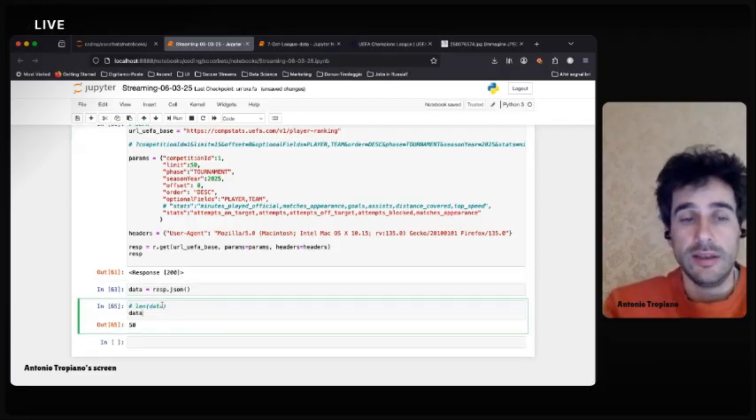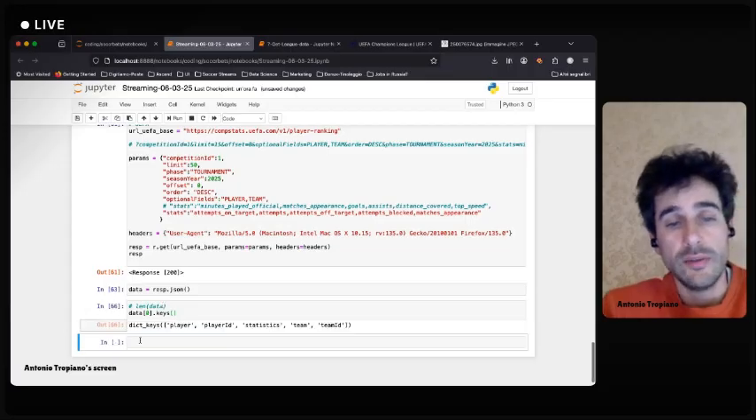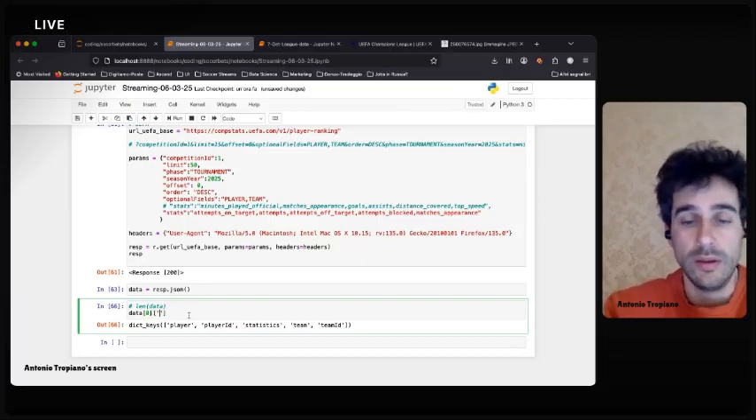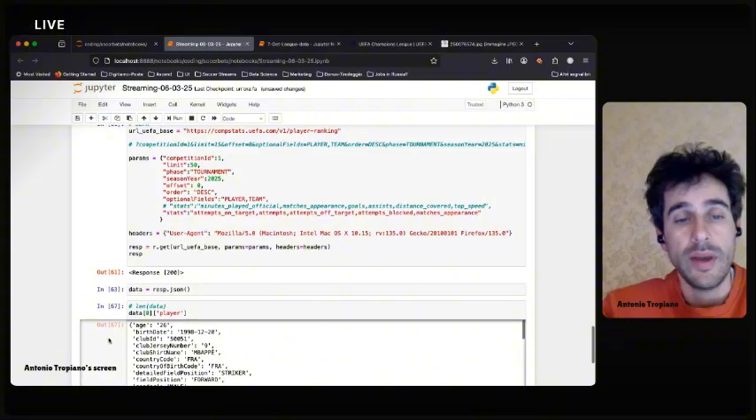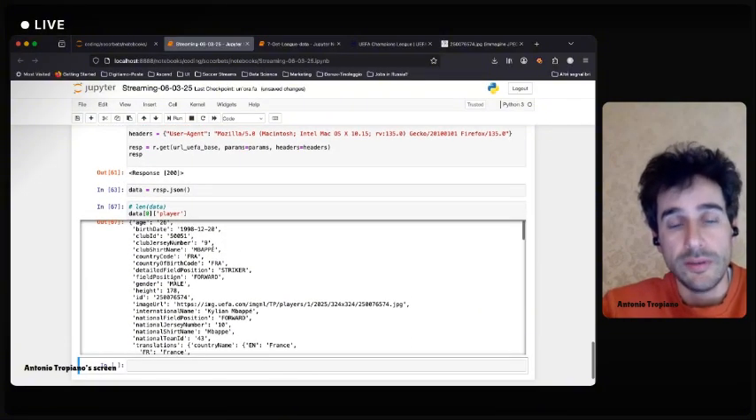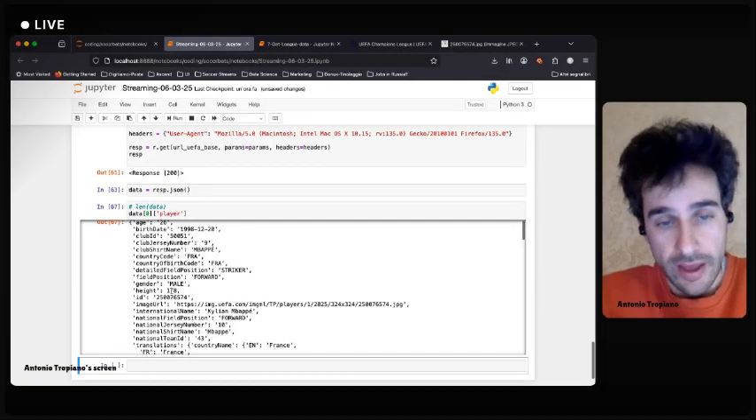If we check the first element of data and then we check the keys, we see that we have a player, player ID, statistics, team, and team ID. So for example, if we check player, we have all the statistics about the player: when he was born, where he is from, the gender, the height,